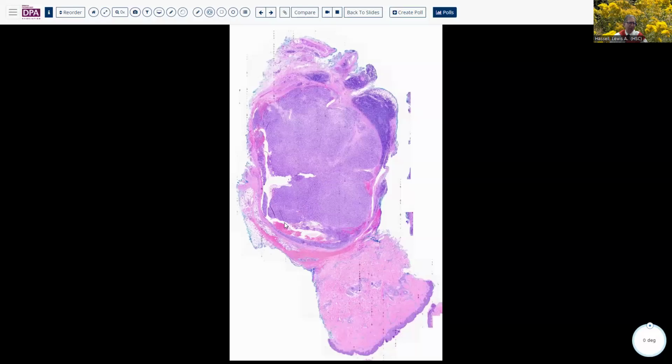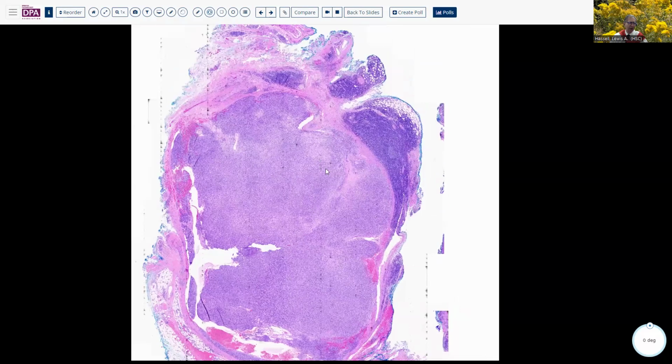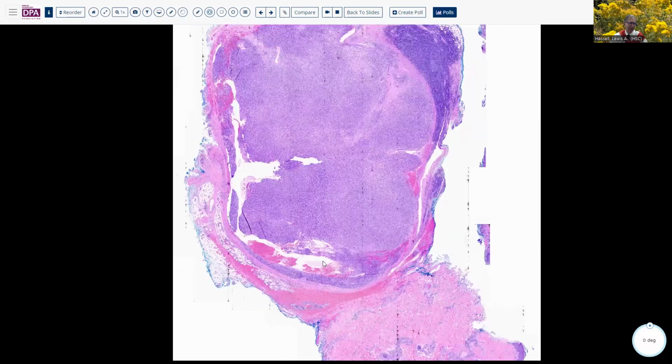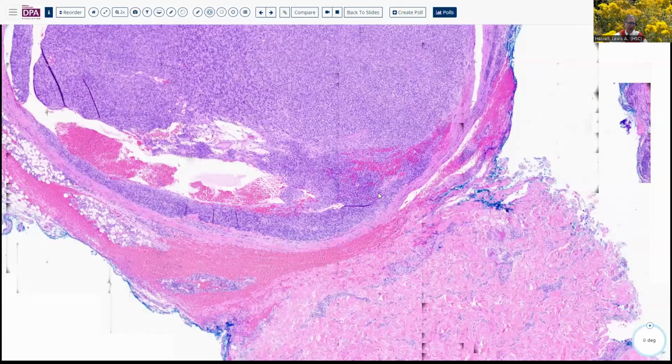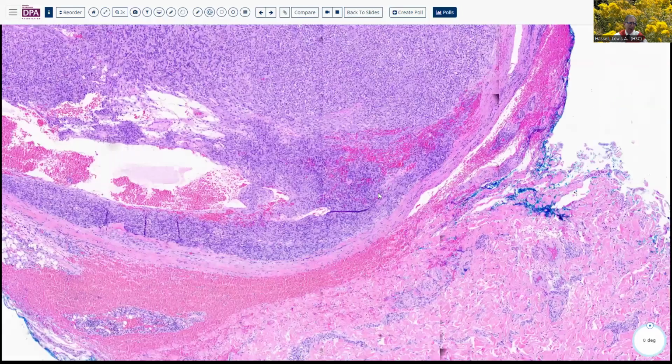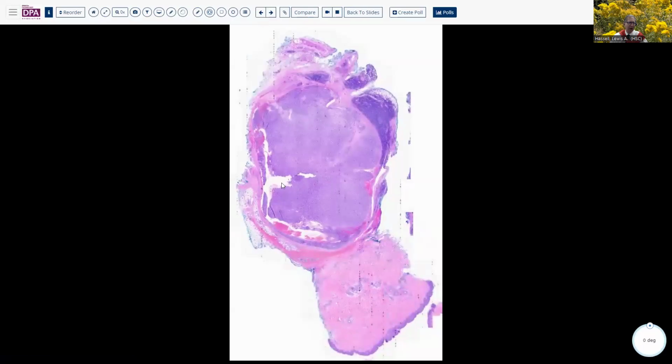Here's an example from the skin at the low magnification. You can see, again, very nicely this peripheral cuff of inflammatory cells, the fibrous capsule, the angiectatic type spaces, areas of hemorrhage. This doesn't have very much hemosiderin in this one. I think it's a fairly recent one, hasn't been around very long. These lesions also tend to have somewhat of an intermediate behavior, do have the potential for spread or recurrence. And so a good excision is usually the most appropriate